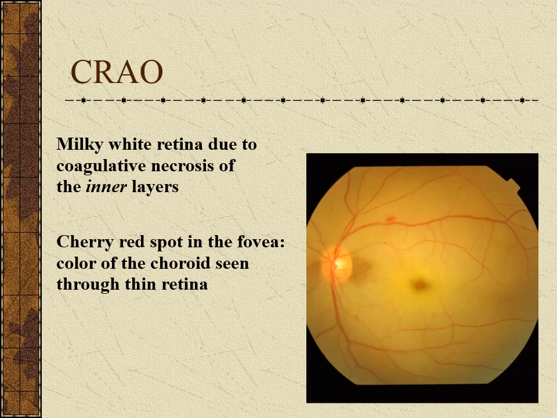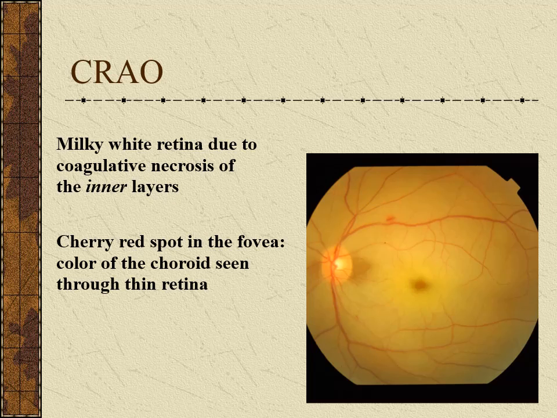This is because all layers of the retina, as a result of the artery occlusion, will suffer from coagulative necrosis and will appear white. This mainly affects the inner layers of the retina, which are supplied by the central retinal artery. However, because the fovea is very thin and contains mainly photoreceptors, which are not affected by the coagulative necrosis, it will still appear transparent, and it will show the underlying choroid, so it still appears red in an area of white, so it will take the appearance of the cherry red.